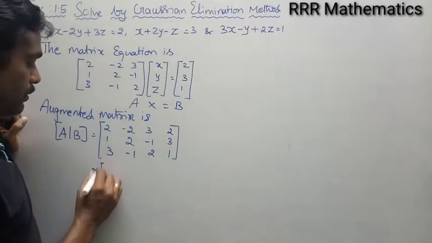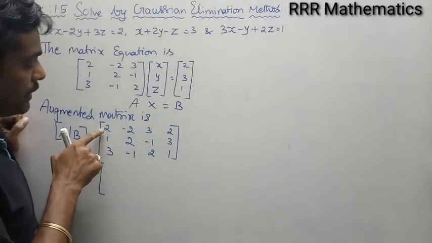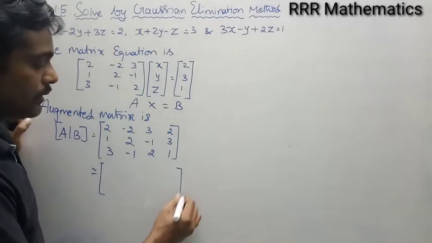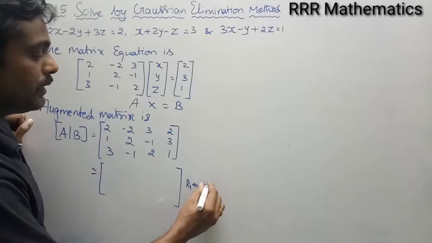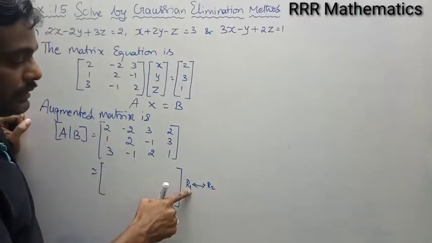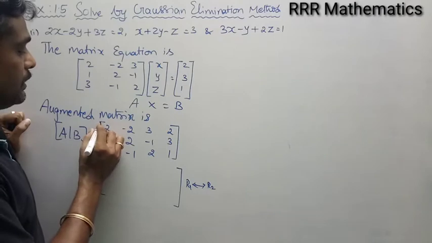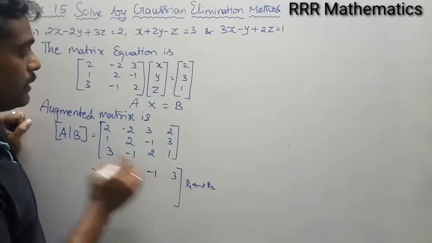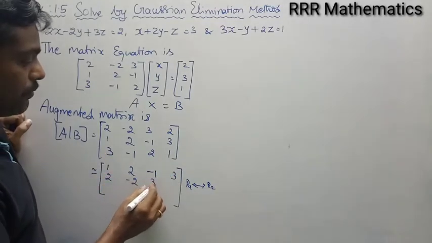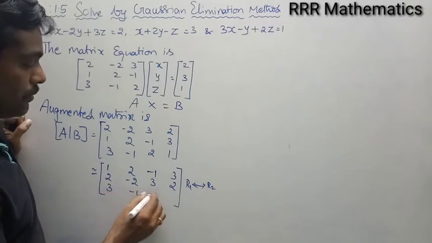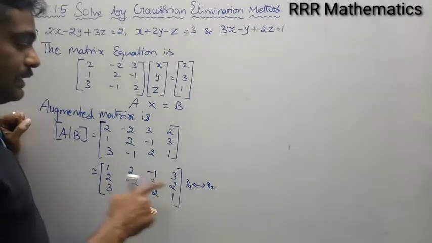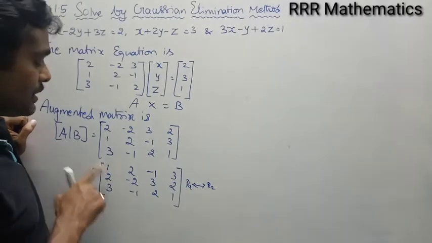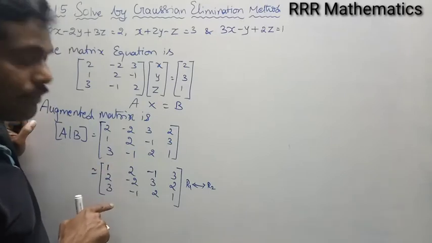Okay. The very first step is to bring it into echelon form. Before that, if the position A11 is 1, it is very comfortable to proceed with the problem. I can bring A11 as 1 by interchanging R1 and R2. By interchanging R1 and R2, I will get the first row, first column element as 1. See, the second row becomes the first row, the first row becomes the second row, and the third row stays as it is. I interchange R1 and R2 because I need A11 as 1, which is not strictly necessary, but it is more comfortable to proceed when A11 is 1.